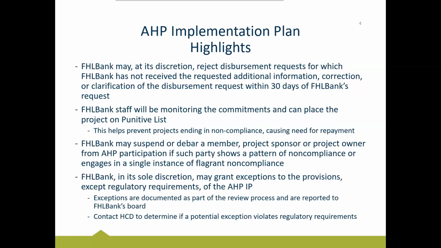So if you had, say, 10 units that needed to take a housing education course, when you're about halfway through the project, we want to see that you have finished about half of those units, or about five, give or take a unit or so. So we want to see 5 units completed at about the halfway point if you were doing a total of 10 units. If we start to notice that the project is falling significantly behind, we may put the project on a punitive list or on what we call a disbursement hold.